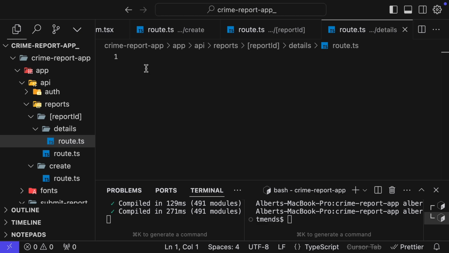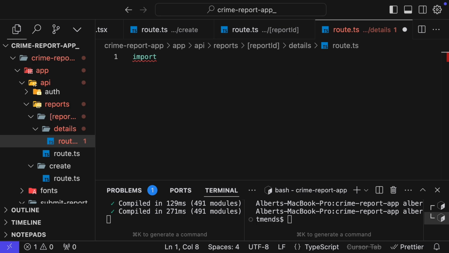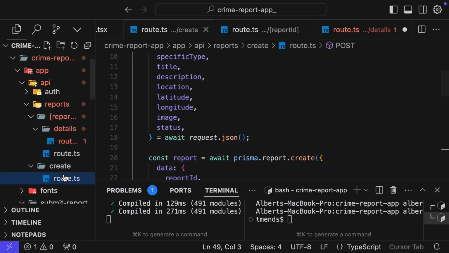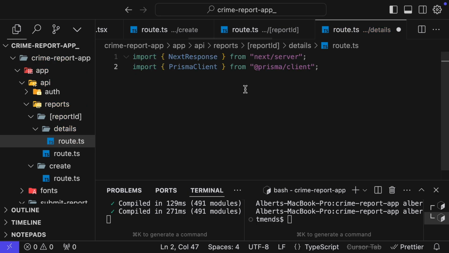So we are going to have this import NextResponse, basically what we had inside the create route, these things over here. So I'll just paste them, and we are going to have this over here: Prisma, new PrismaClient, and we export the GET function. We have the GET function